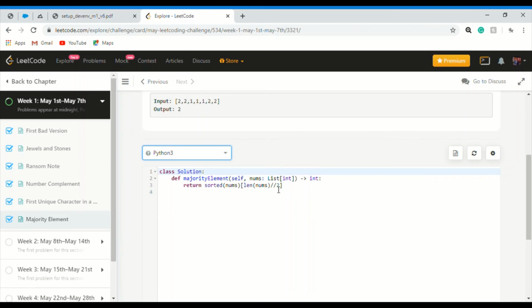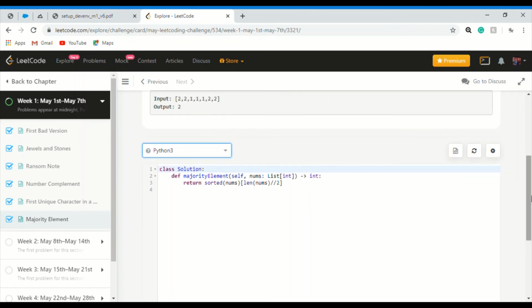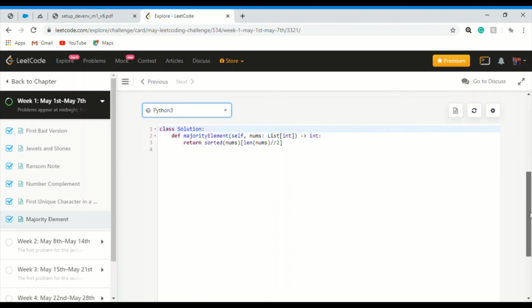If a floating point number is given in an array, it would not be a problem. So this is a tricky solution in Python, but not an optimal solution. If you find any optimal solution, please comment in the comment section, and I will look at it and give a reply. Basically use the dictionary concept, as I have used the hash map concept in Java. Using the dictionary concept, it will be an optimized solution.